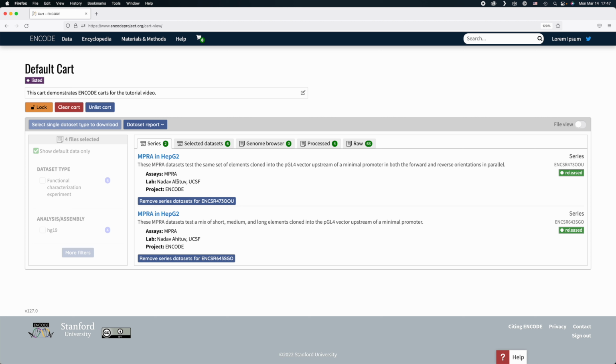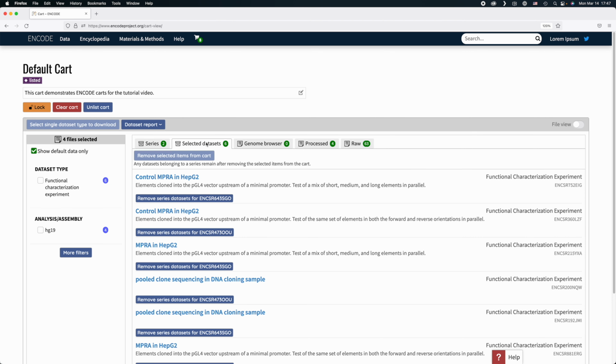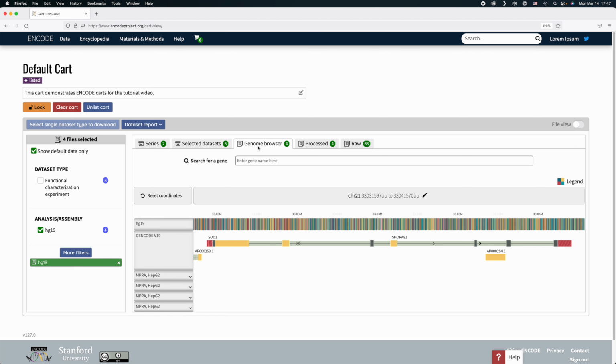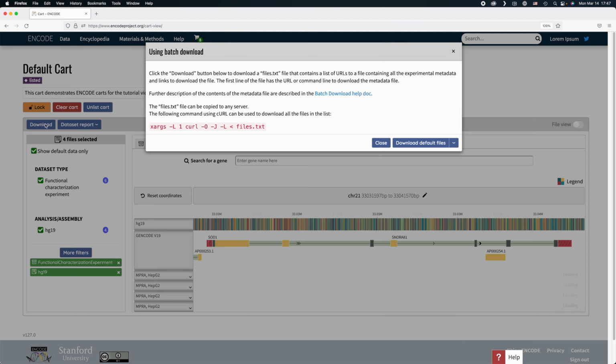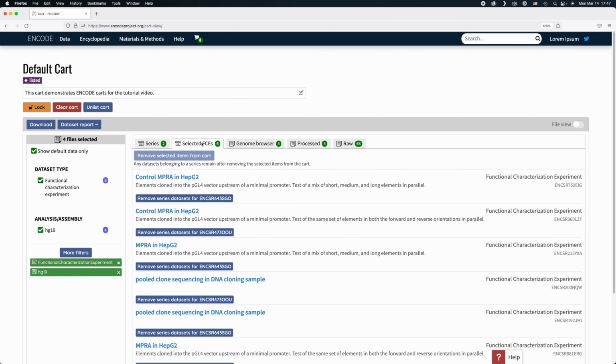Because carts treat series objects as containers for datasets, you can't filter anything while looking at the series in your cart, so the filters are disabled. Their datasets get treated as any other datasets, so you can visualize and download their files. Now notice, you can't remove a single dataset through the Selected Datasets tab, because cart icons don't appear for datasets that exist in the cart, because their containing series objects also exist in the cart.